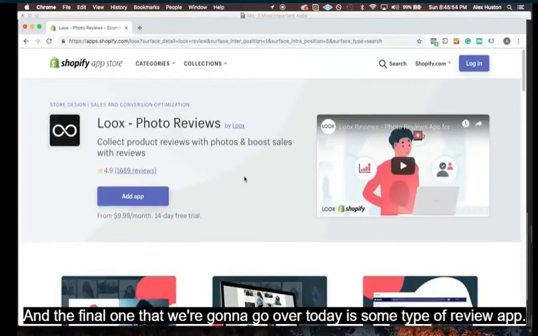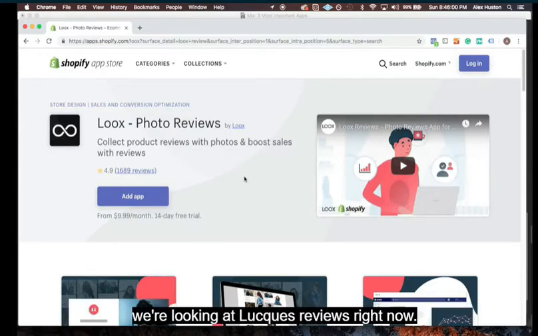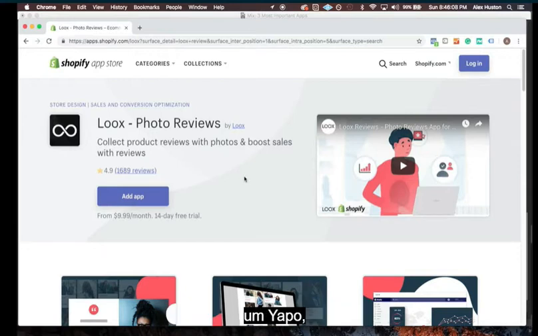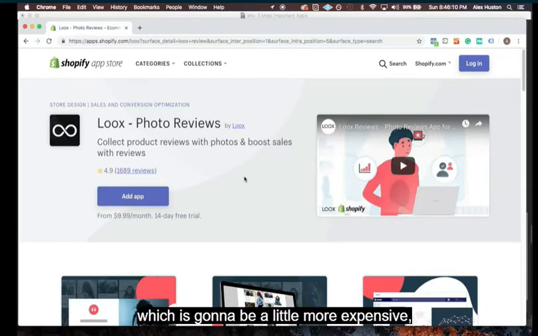Okay, and the final one that we're going to go over today is some type of review app. We're looking at Loox Reviews right now. It's a great place to start. There's also other review apps like Yotpo, which is going to be a little more expensive but a little more